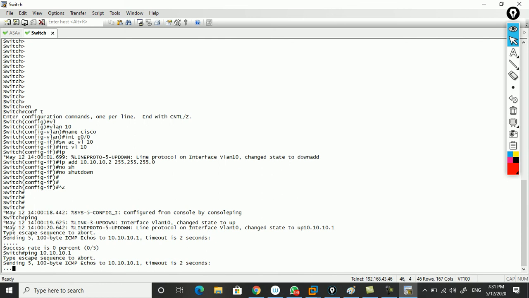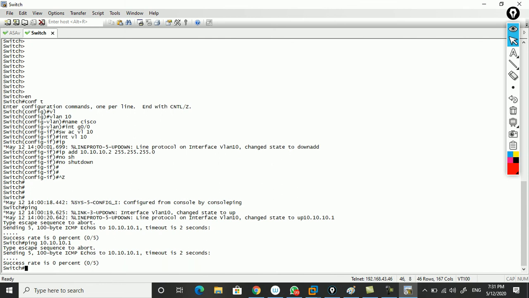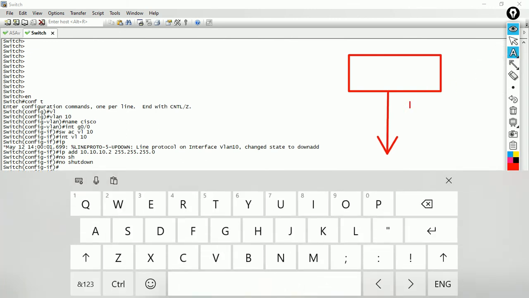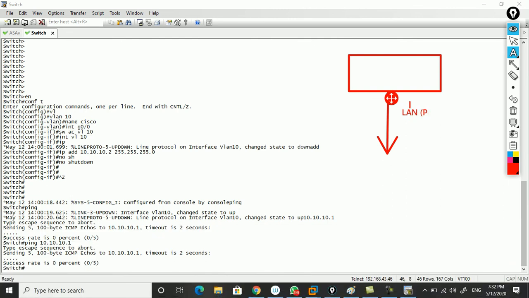Why? Because when you are configuring the Cisco ASA, you have to mention the security level. Alright, before making that security level, we have to make sure. If you consider this is your Cisco ASA, and one of the links is going to your LAN, once this link is going towards your LAN, that is called your private network. So by default, in ASA we keep this one security level